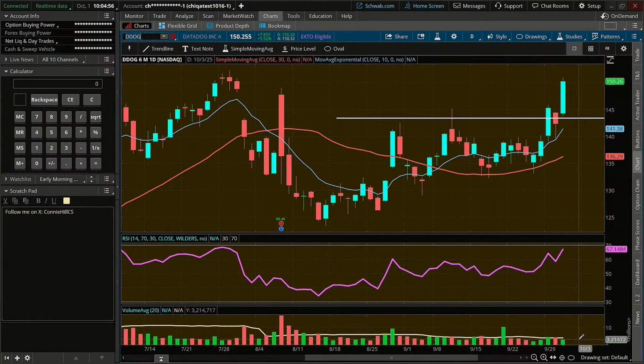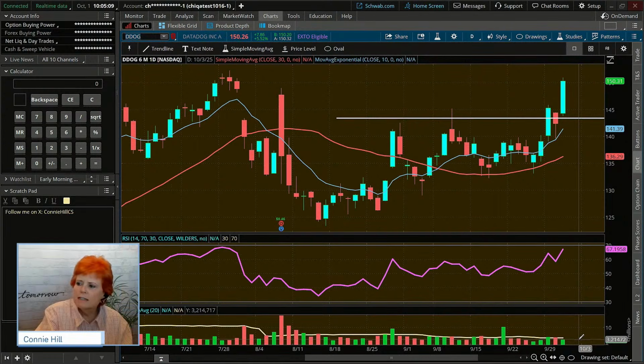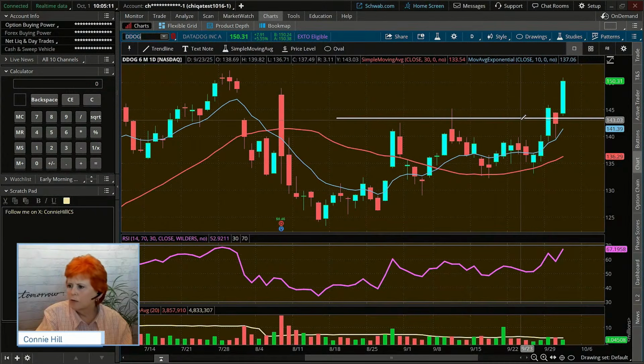For a trader, being able to identify a good entry point is going to be one of the first things they want to do as they're going through a watch list. Hey, do I have an entry signal here? So some traders like to use a breakout as an entry signal. And this idea that resistance was up here at about, let's call it, 144 or so, it should act as support for the stock going forward.